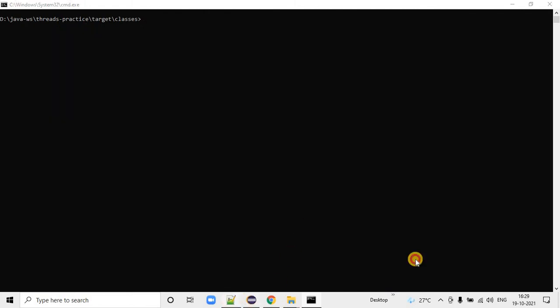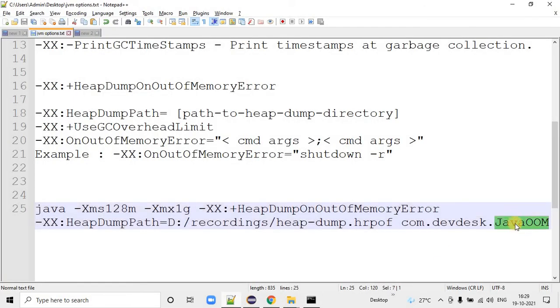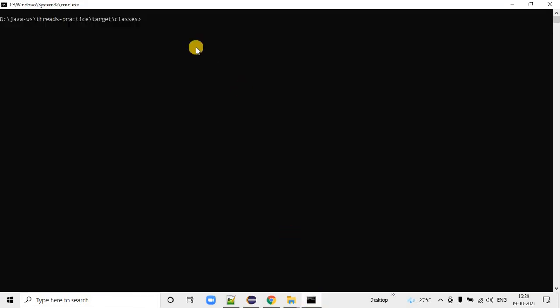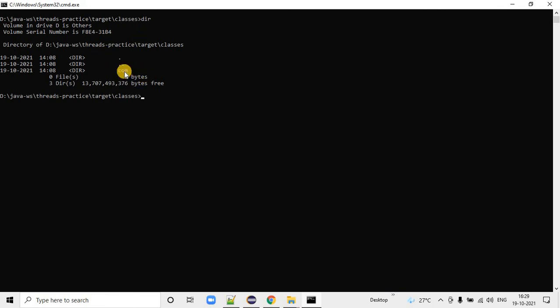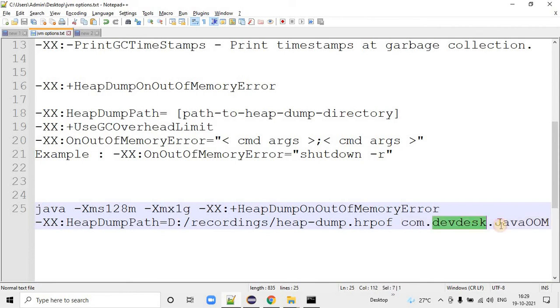So guys, this class is a simple Java class I am running. I have already written this class, and the .class file is here. There is a com folder and then dev, and then the class file will be there.